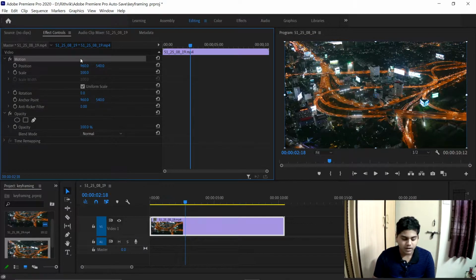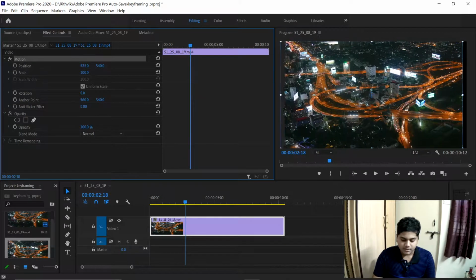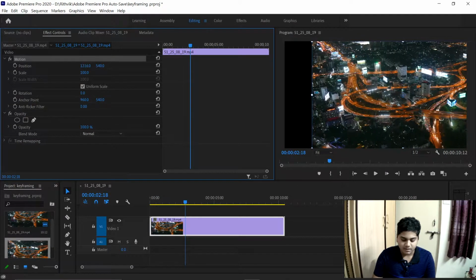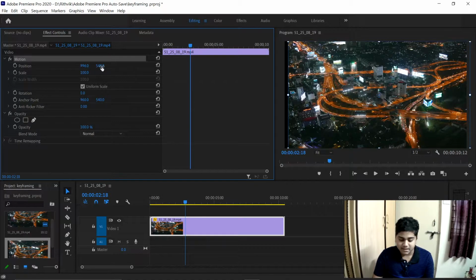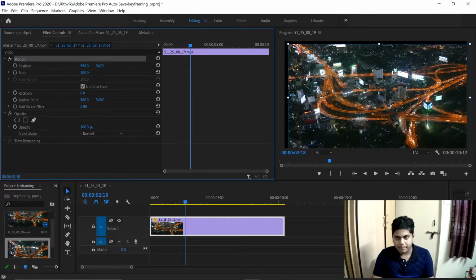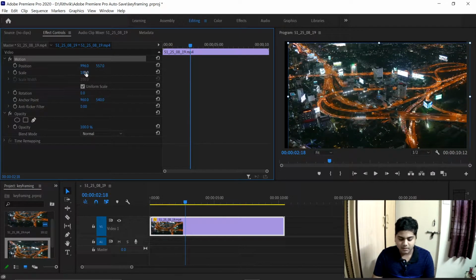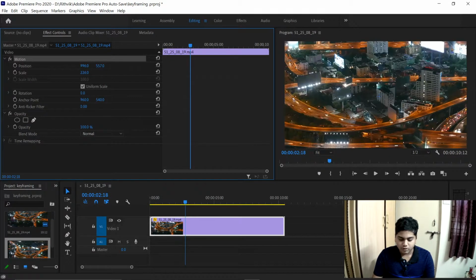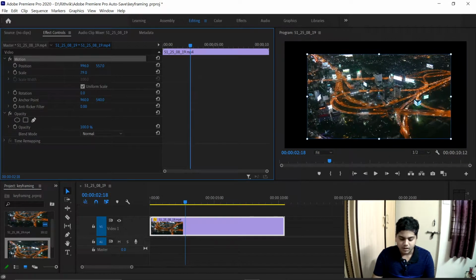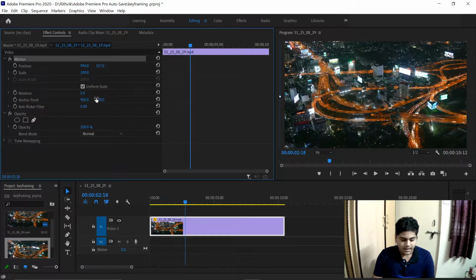If you don't know what position is, this is the position. If I change this, you can see that our clip changes its position, and similarly this right side value changes the up and down position. The scale is nothing but the zoom. If you want to zoom in or zoom out, we can do it with this scale. Similarly, rotation is just rotating like this.